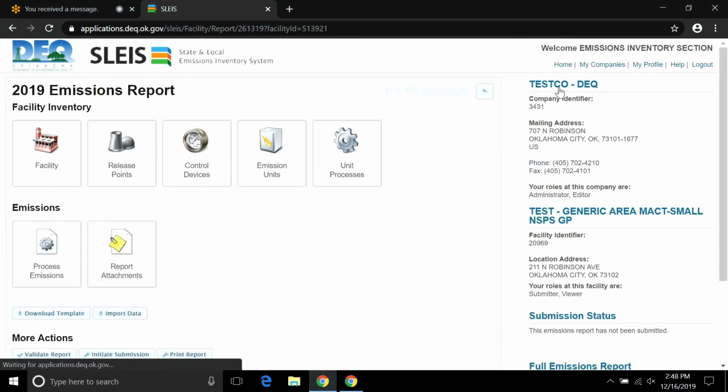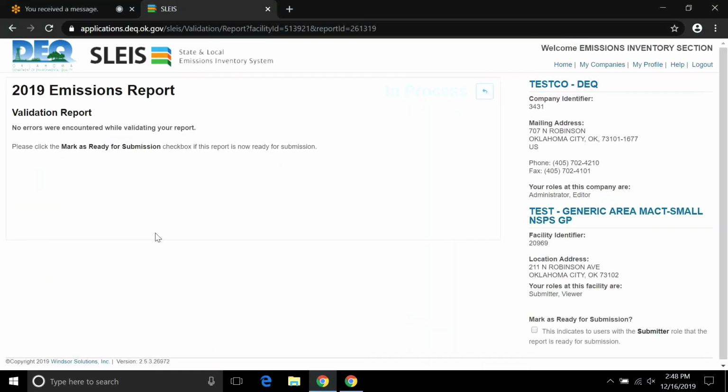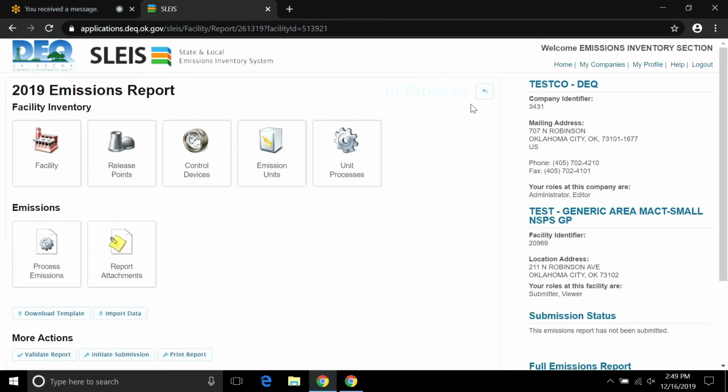So then once you've gone through all your validation errors, you should be ready to submit. Now within the application, when you do all this stuff on screen, it says, hey, you're great. Now mark as ready for submission, which is over here on the lower right. Once you click this box, it's going to change the status that appears to users to ready for submission. Nothing appears on this screen that's any different, but it will on